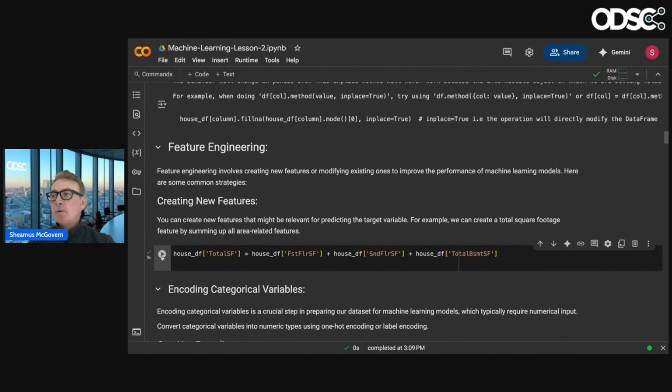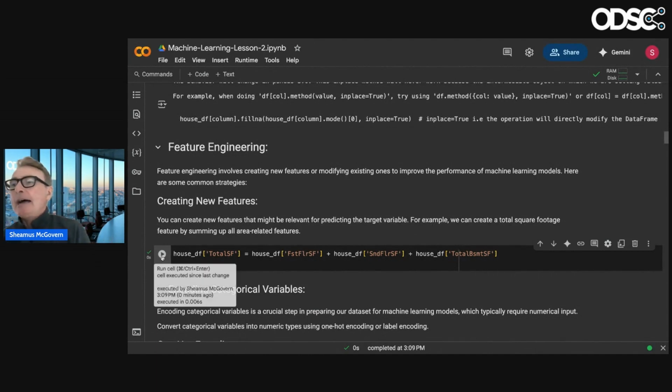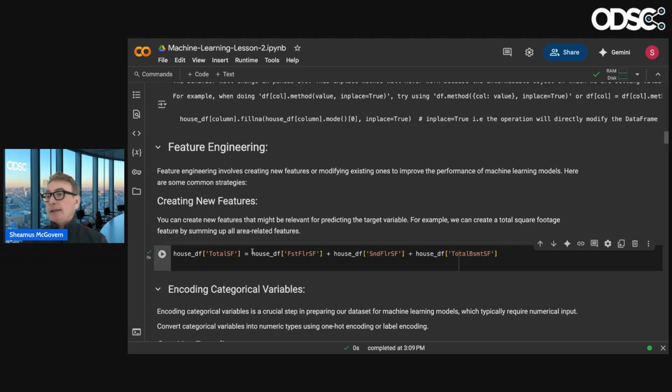Now we want to do some feature engineering. The classical way of doing feature engineering, and I think actually that was one of the winning ways, is just concatenating columns, right? So in a house, say a suburban house, you've got maybe attic space, basement space, first floor, second floor, living area.